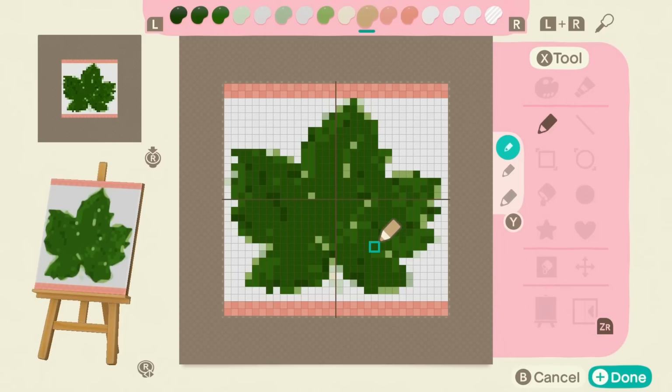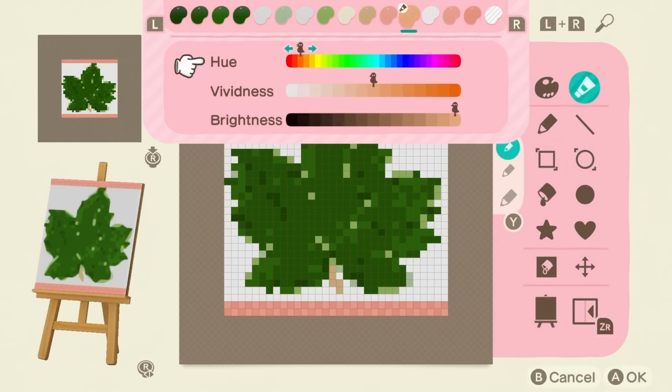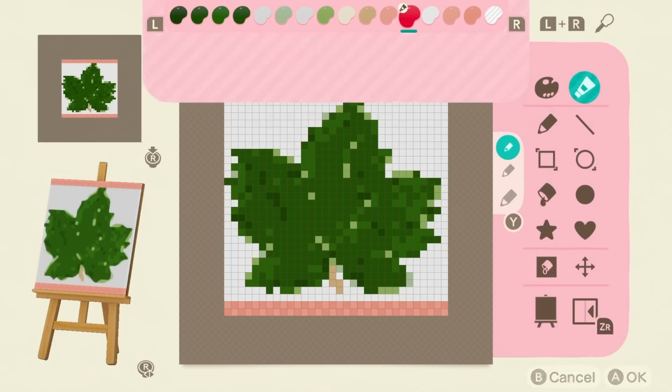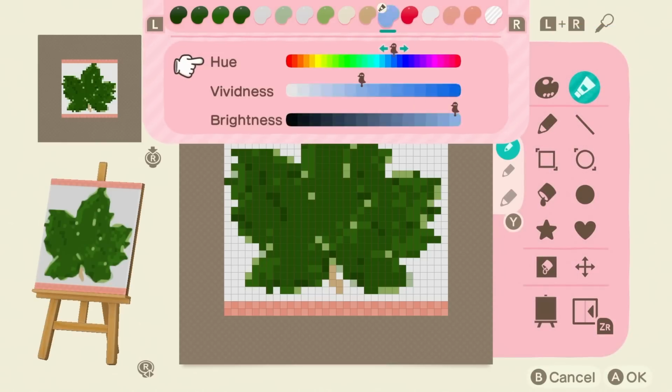One thing I did manage to clarify was that you can't move any of the colours on the top bar around. This would have been really helpful for me as I knew I wanted to keep the colours that I had used for the banner at the top and the bottom of the flag, but I couldn't tell which colours were being used for the different parts of the leaf, so I didn't know which ones to overwrite and which ones to leave. Fortunately, after a little bit of work, I managed to move the banner colours out of the way so I could just focus on the leaf itself. I also made 2 bright pinks that I knew weren't going to be used in the design, and doing this became a lifesaver for me in ways that I never thought they would.